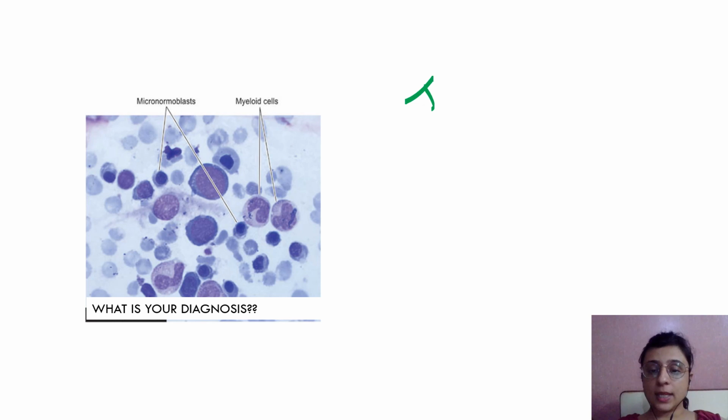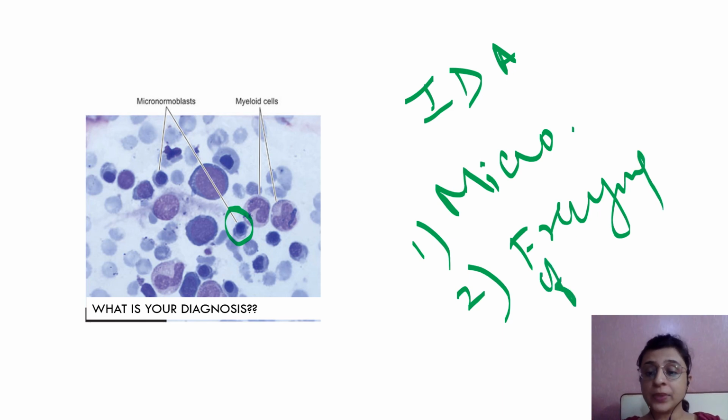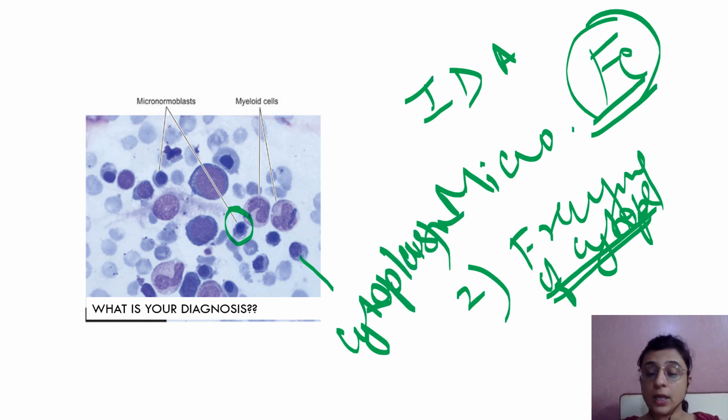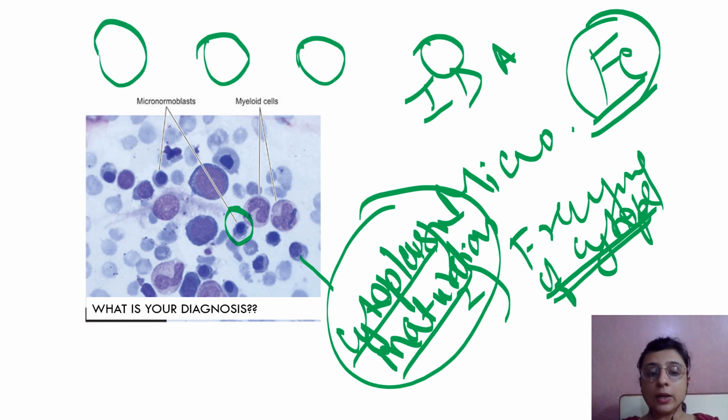Now we will move to next. In case of iron deficiency, we see these micronormoblasts. Of course the name suggests these are micro, number one, and second, you have to remember that there is fraying of cytoplasmic borders. Now, this is due to deficiency of iron. We all know iron is required for cytoplasmic maturation. Due to deficiency, the cytoplasmic maturation may not have taken place, but the nucleus maturation is taking place normally. As the nucleus maturation is occurring, the nucleus is decreasing in size, number one, and the condensation of chromatin is occurring.